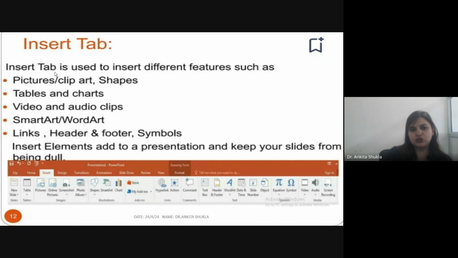So charts can also be added to your document, and there are many to choose from, such as column charts, line graphs, pie charts, bar charts, area graphs, and stock charts. So click on the chart button and the insert chart box will appear. Select the type of chart on the left and select the chart on the right. So click OK and the chart will appear and it can be manipulated.